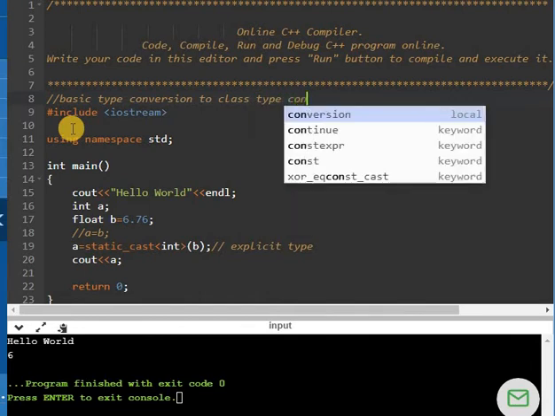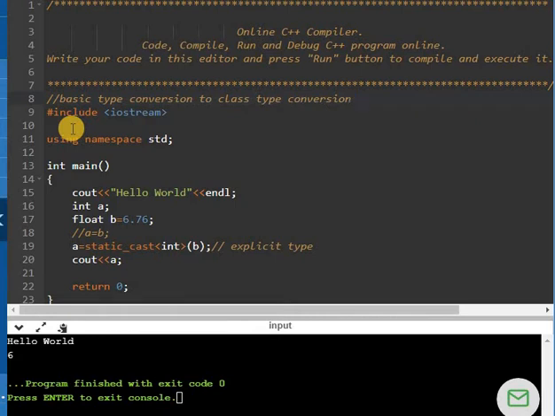Okay, so I am adding the comments here so that you can see for what topic we are writing our program. I'll start with the classes, because what we are doing is trying to convert a basic data type into a class type. Basic data types can be integer, float, character, and a class type will obviously be any object of either a class or a structure. Because we are doing C++ object oriented programming using classes and objects, we will implement this example with the help of a class only.